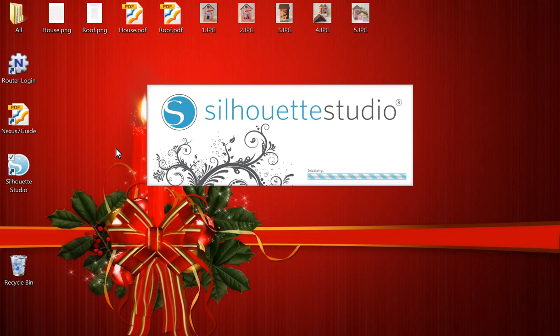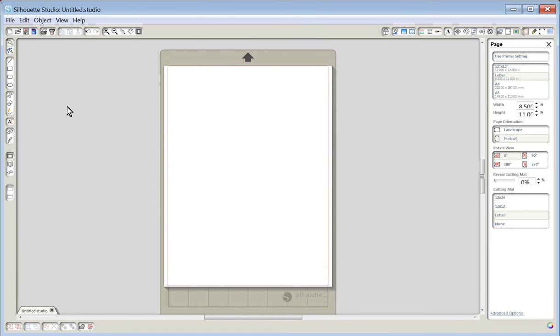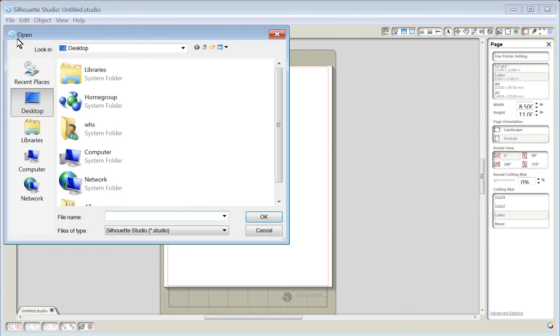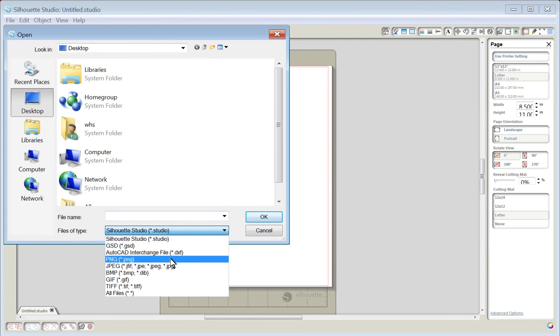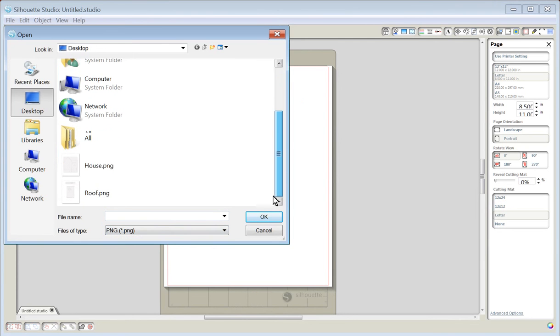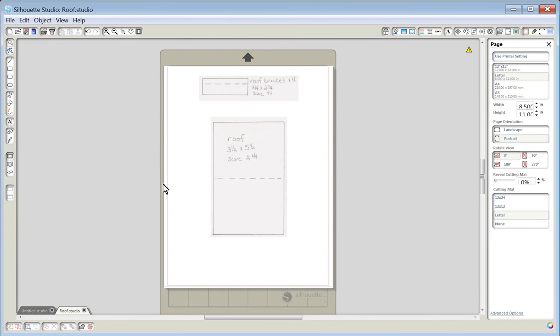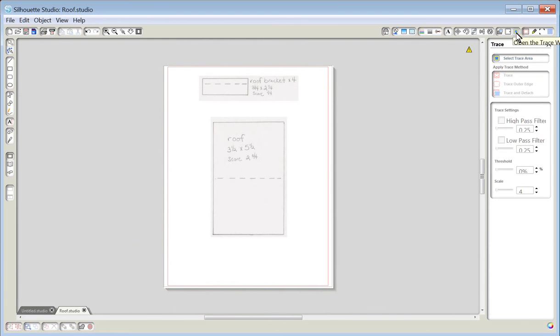Now we open our Silhouette Studio again. Okay, let's go. Yeah, and we go to File and Open. And again, we have to activate PNG. We click on the little arrow and activate PNG. And then now we have, of course, two files, the house PNG and the roof PNG, but we want the roof this time. So this is the roof PNG. Okay, so now we are going to make a cut file out of it. Here is the cut file icon. We'll first trace it,